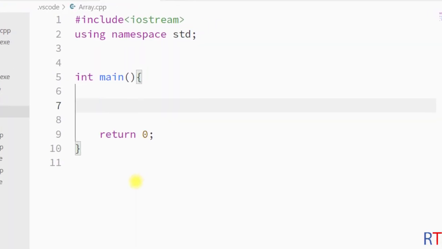As an example, we can declare and initialize a 2D array. First you have the data type of the array, then the name of the array, and inside the first pair of square brackets we specify the number of rows the array is going to have, and inside the second square brackets we specify the number of columns the array is going to have, and then inside the curly braces we have some inner curly braces for the first row elements.